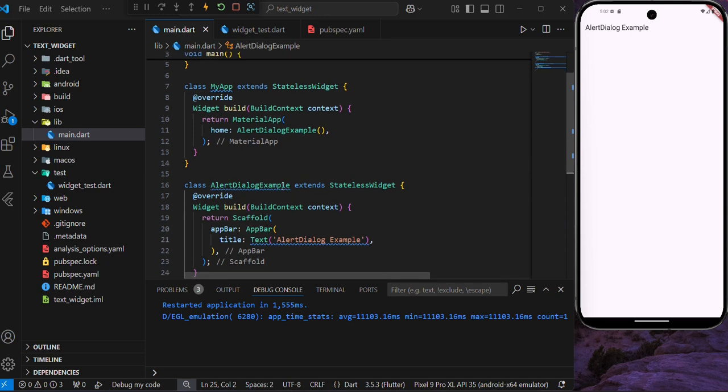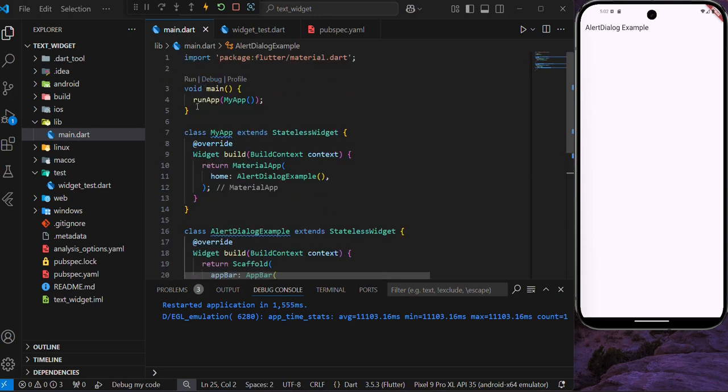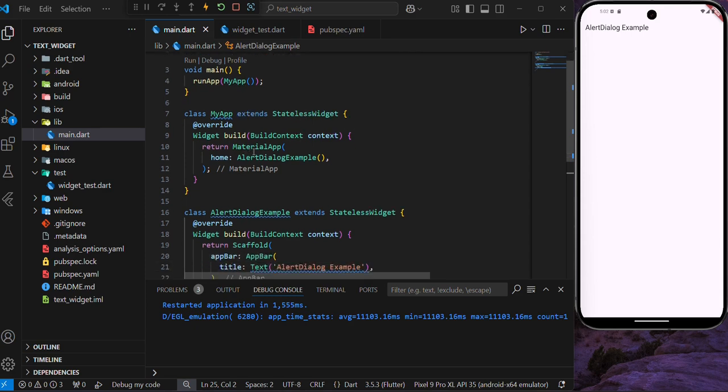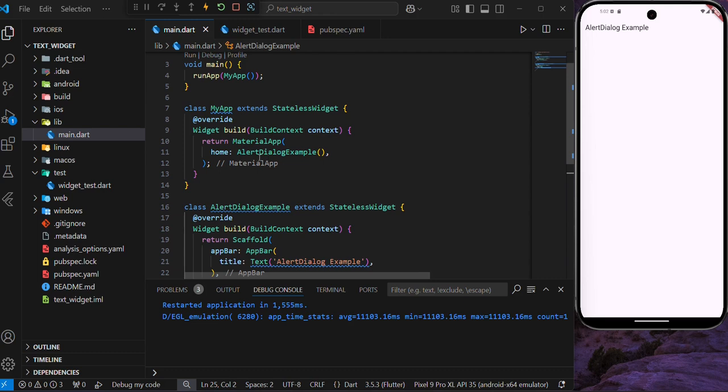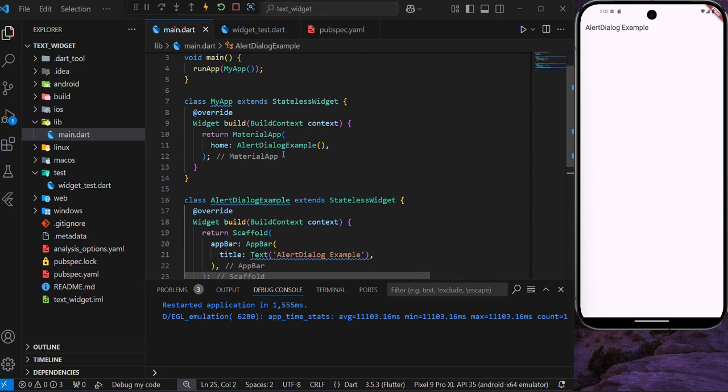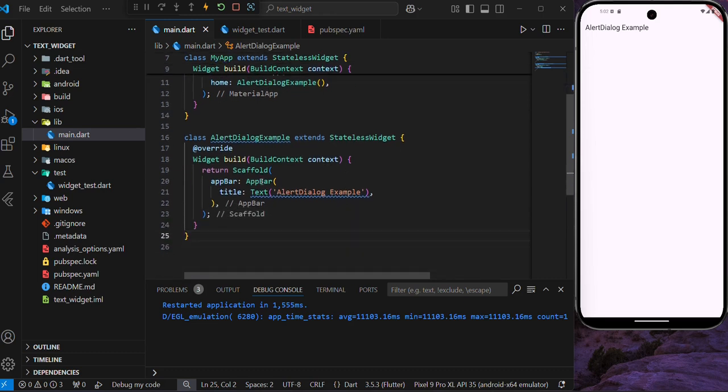So on my screen here, I have a main method and my run app method, which takes my app, which is a stateless widget, and it returns material app. And on the home, I have the alert dialog example, which is also a stateless widget. Here I have the scaffold, which has an app bar. Then here I'm going to add body, and then I'm going to make use of my elevated